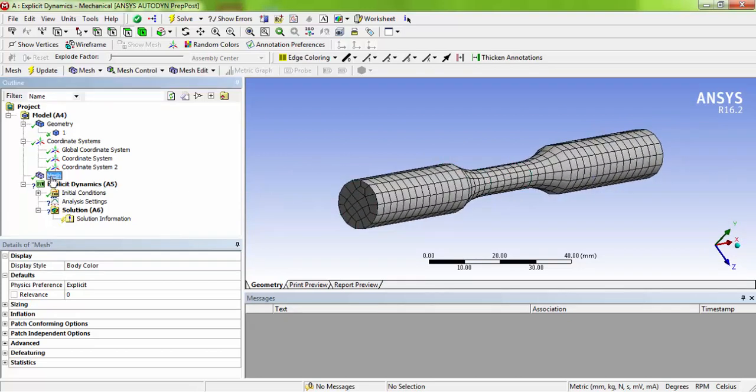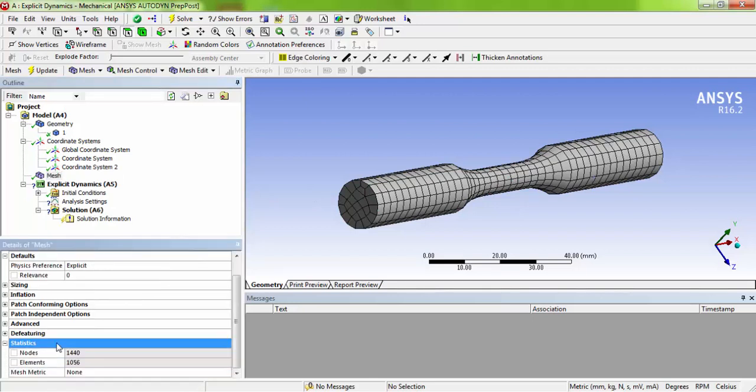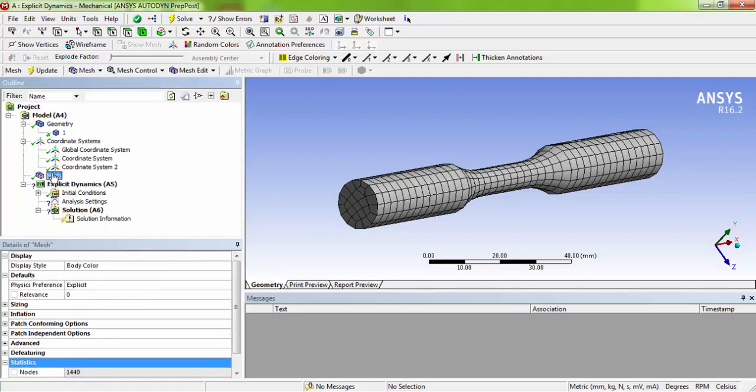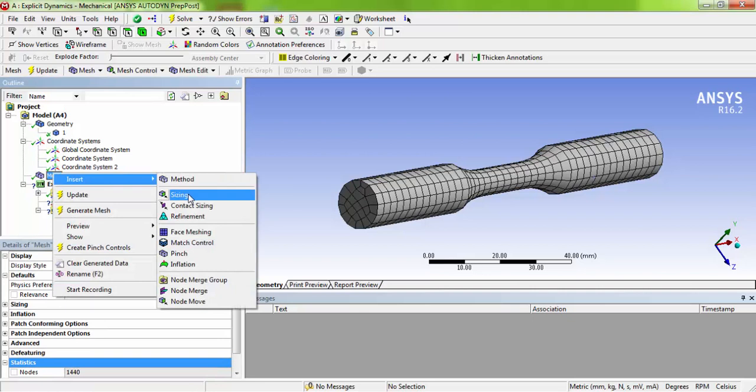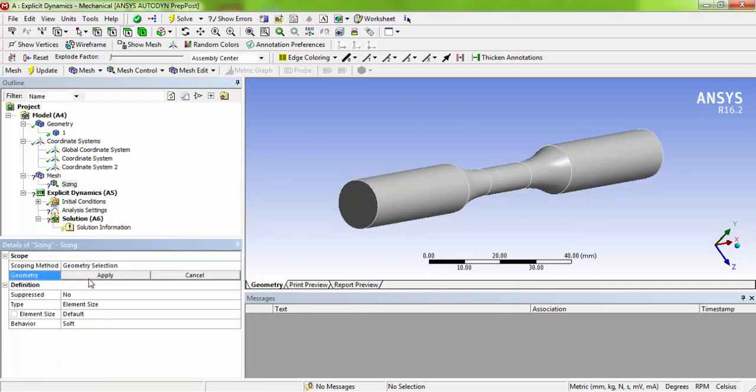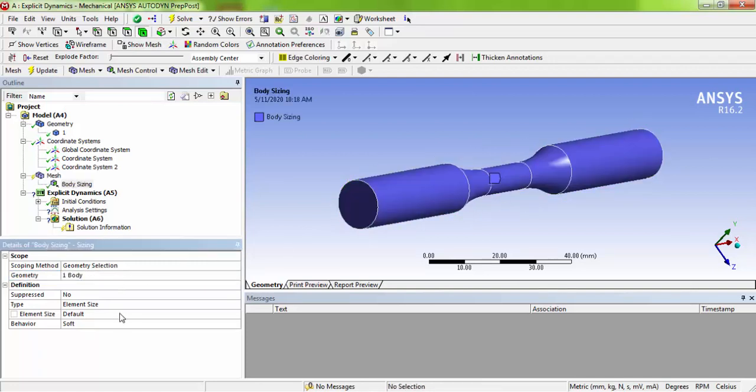If you want to go with a fine mesh, insert sizing, select the geometry, choose as body, apply it. So element size we will take as, let us do with 5 mm mesh.